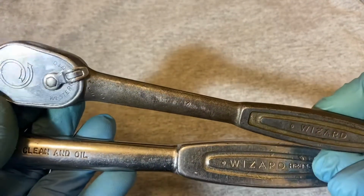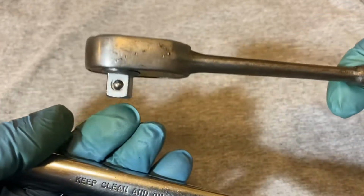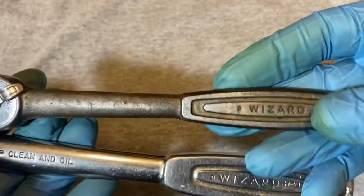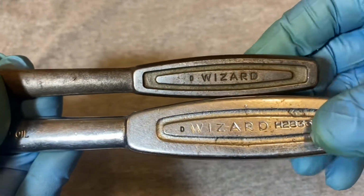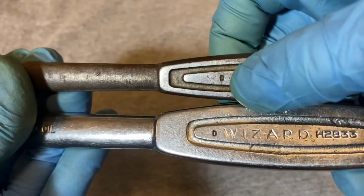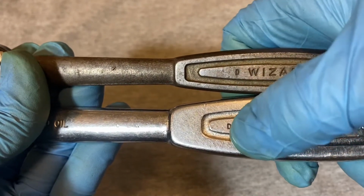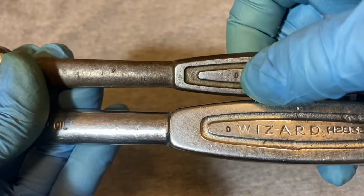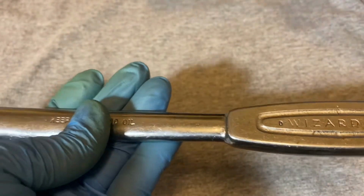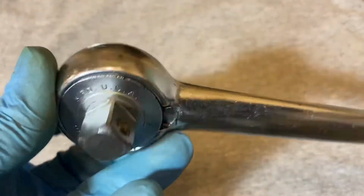I did a review on this Wizard Ratchet 3/8 drive before. This is a bit older, it seems, but what's interesting is that on the Wizard logos, imprints, there's always a D in front of the Wizard engraving. I just find that interesting. I wonder if there's a significance for that. Okay,